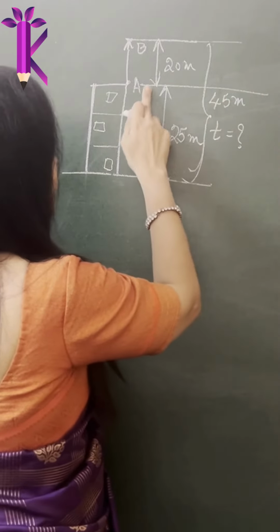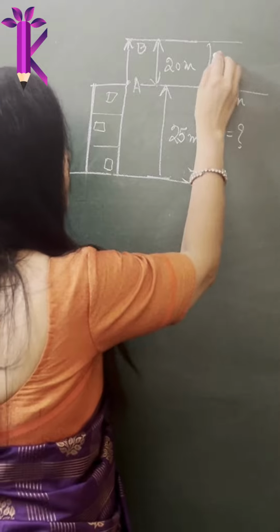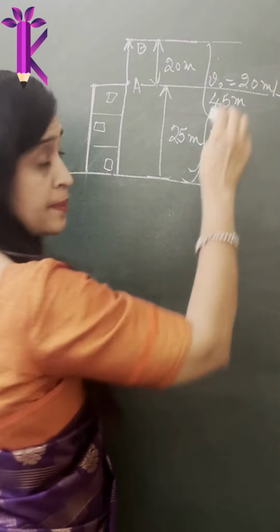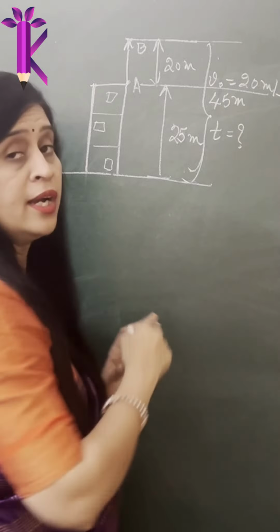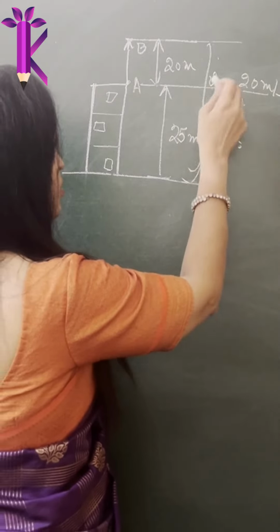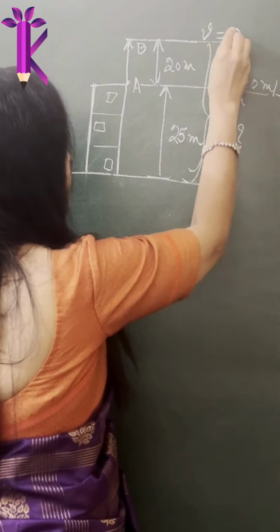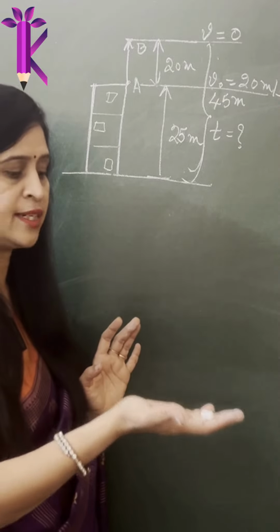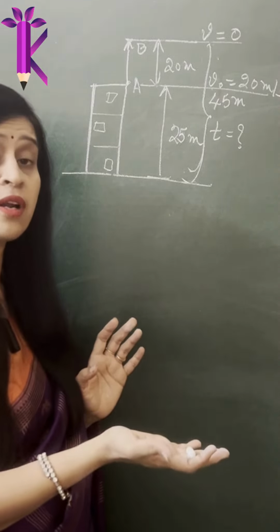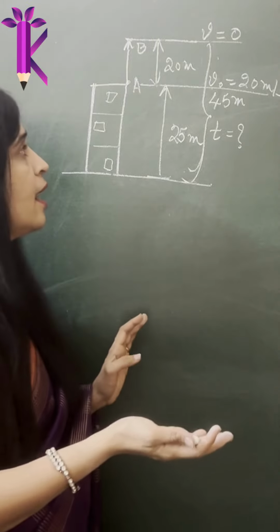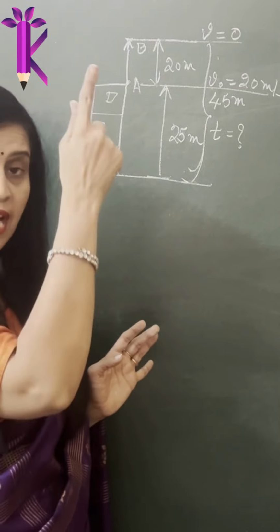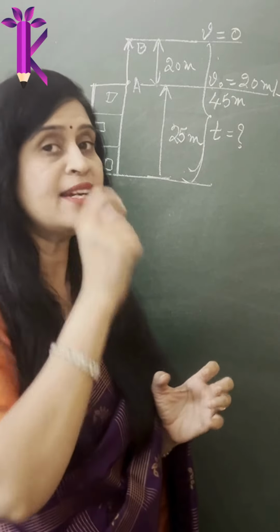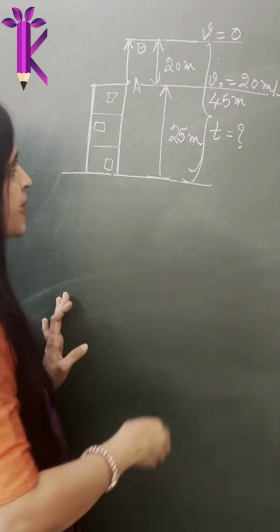First thing, you are projecting the ball from this point to this point. Imagine you projected it with an initial velocity of 20 meters per second. Sorry, I forgot to tell you that. So when you throw the chalk, imagine this is being projected, you are throwing it with a velocity in the upward direction of 20 meters per second. It reaches the highest point B and comes down. There you see that it did halt for a moment, so the final velocity becomes 0.